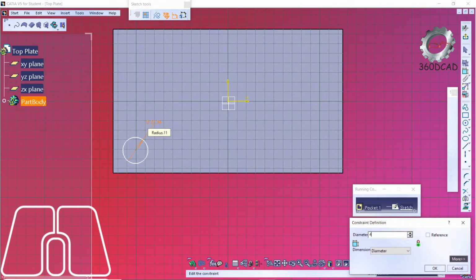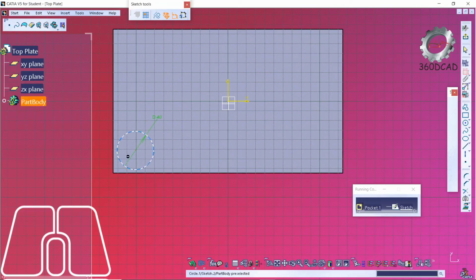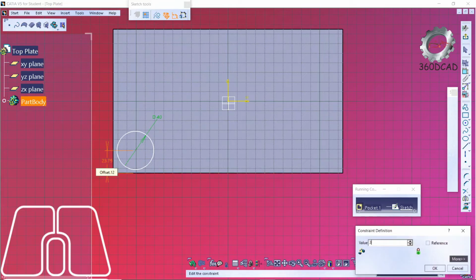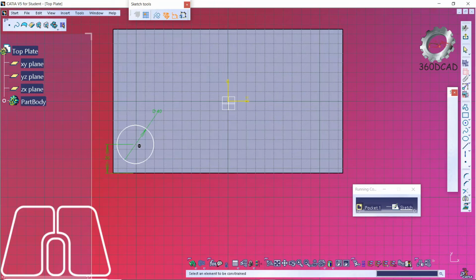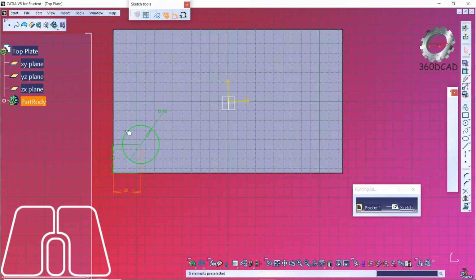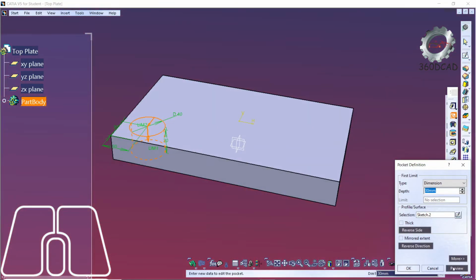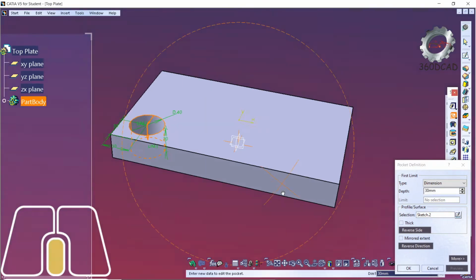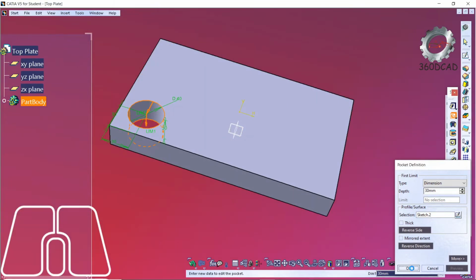The diameter of the hole is 40 and its distance from the bottom surface is 30, and the distance of the center from the left hand edge is 30. Okay, so our circle is created. Go to exit view, then depth is 30, it is okay. Just check the preview, it is a through hole, then click on OK.